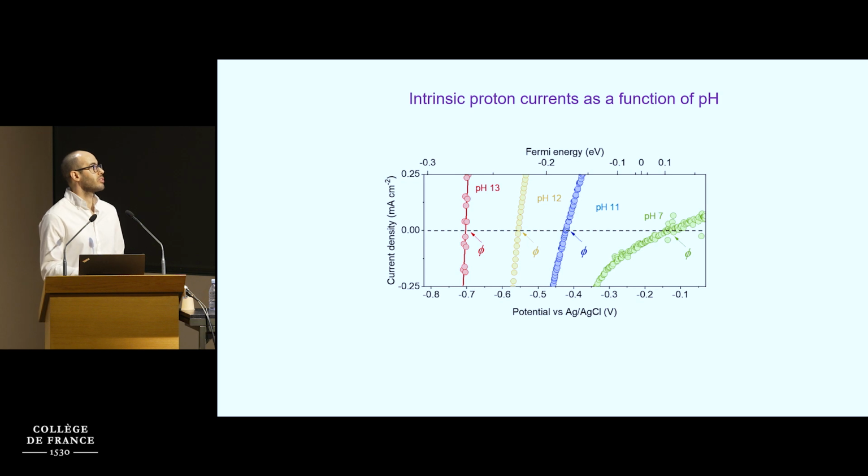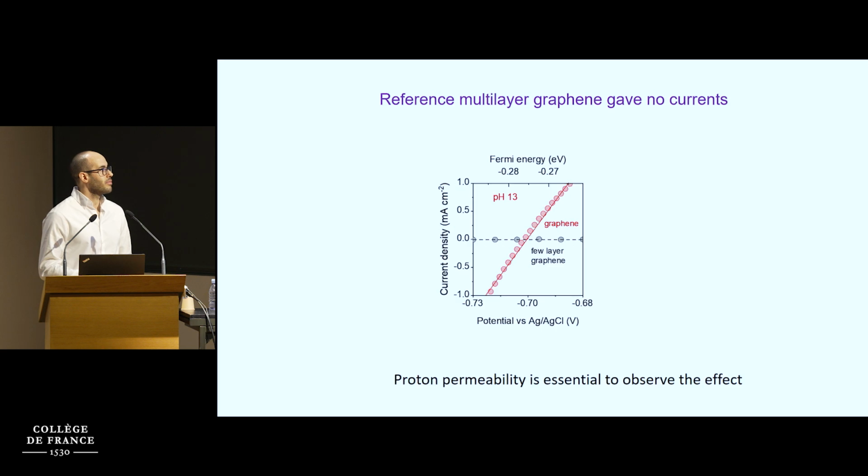And of course, when you move to the left, you're raising the Fermi energy of the system. So for reference, what we did is we put just a few layers of graphene. A few layers of graphene are proton impermeable. And these devices show absolutely nothing. They're pretty much dead. And so what this tells you is that the interfacial proton conductivity is essential to observe